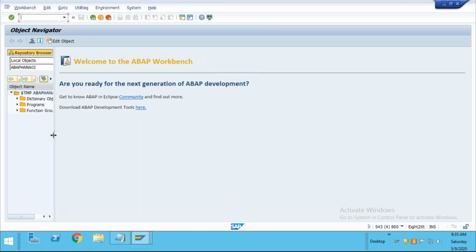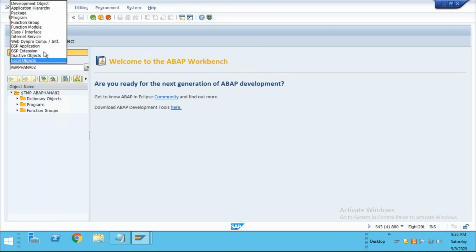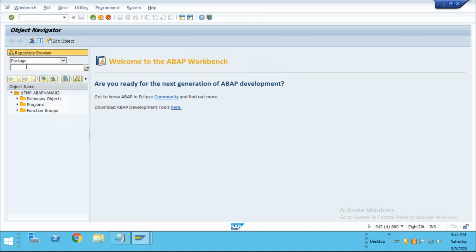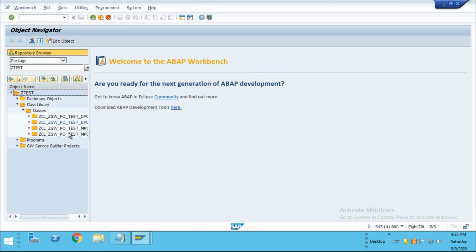Okay, so that package was JTest package. I will go to this package, JTest, press enter, class library, and some classes have already been created, and inside this there seem to be many objects, and that's why it is showing so many objects over there. So no problem, I will create my own package over here, ZMB test package. Click on this